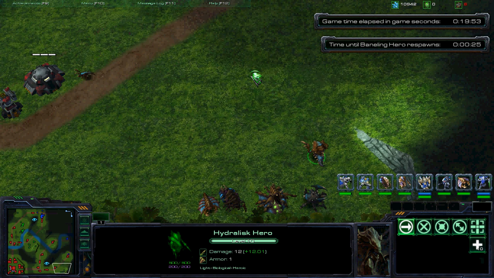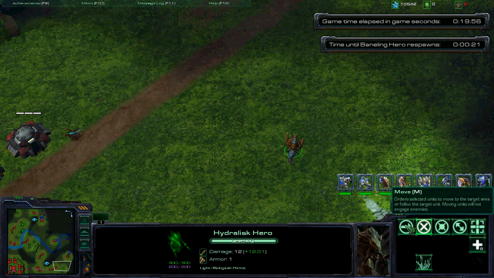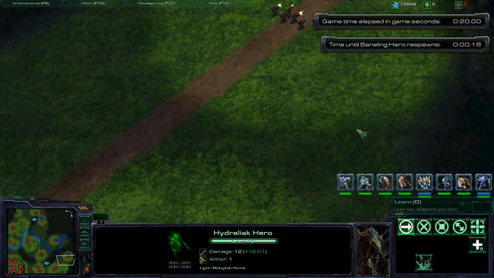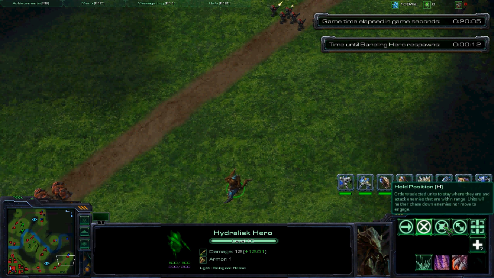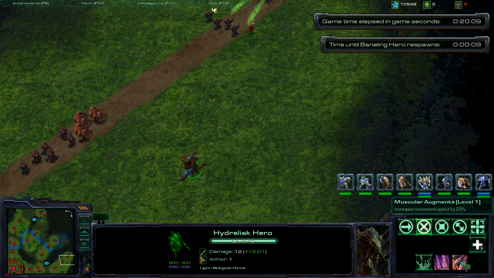We also have the Hydralisk hero. The Hydralisk hero's abilities are Ensnare. Ensnare was a StarCraft 1 ability on the Queen, but for some reason it was not used in StarCraft 2. It was a bit of a shame because it's a cool ability, even though the Queen sucked. Anyway,